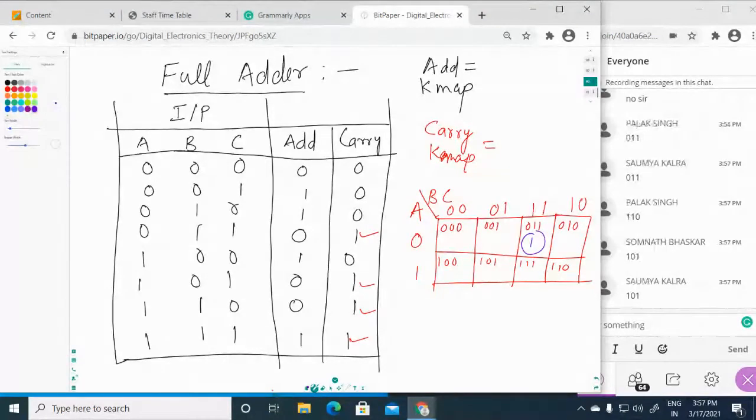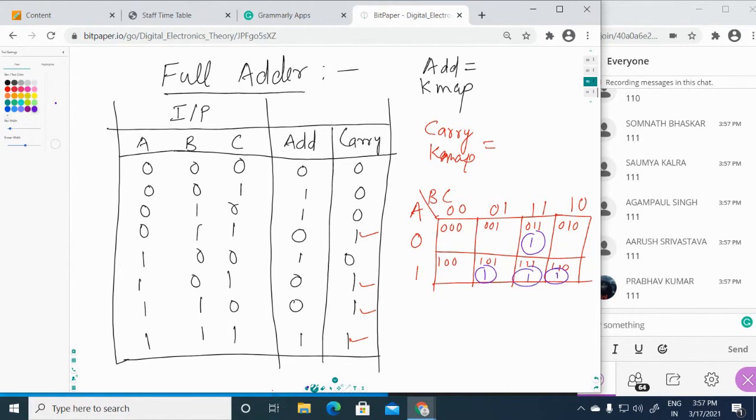Then 1 0 1, the next value. The third value is 1 1 0, and the last value is triple 1. So we put 1 at the position 1 1 0, and the last is 1 1 1.